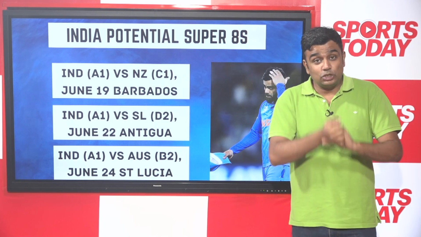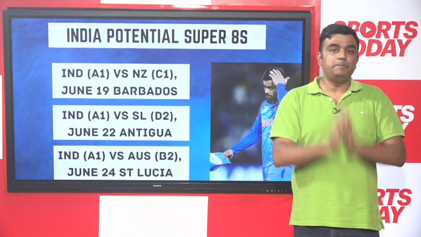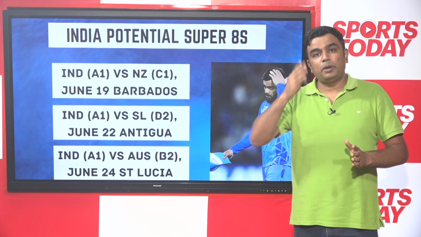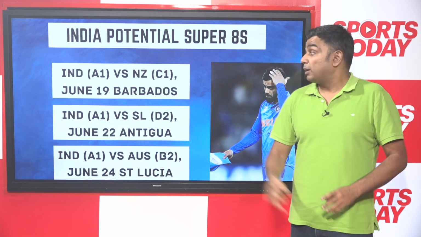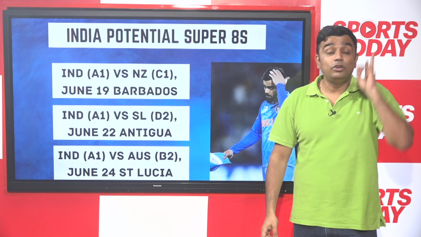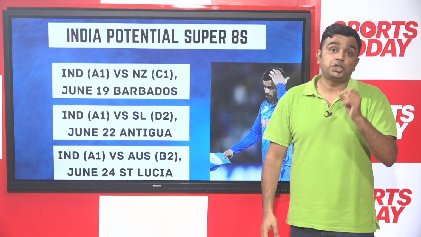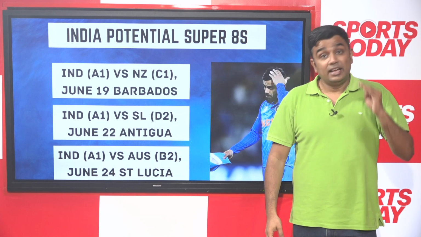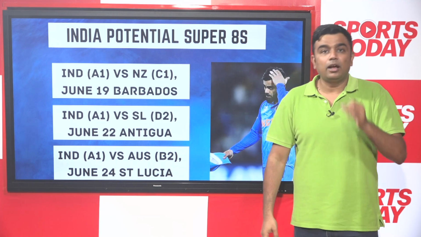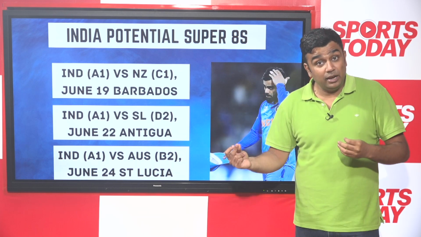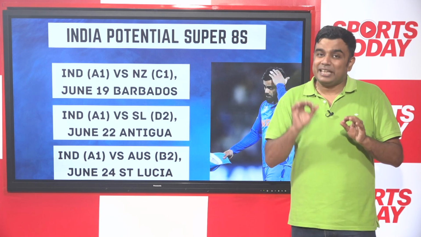So, in this way, it's C1, D2, B2. A is playing with all the other teams in the Super 8 stage. That's why you get only 3 matches in that. But out of those 3, India have not beaten 2 of them in the T20 World Cup ever: New Zealand and Sri Lanka, which is 0-3 each. Last time India played Sri Lanka in the West Indies in the T20 World Cup, Sri Lanka beat them. Now, Sri Lanka are in a rather tough group, and that is why their chances take a slight hit.